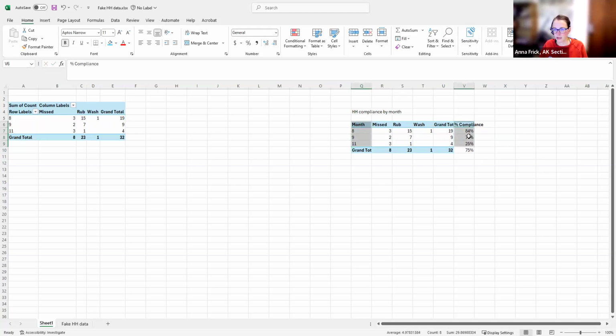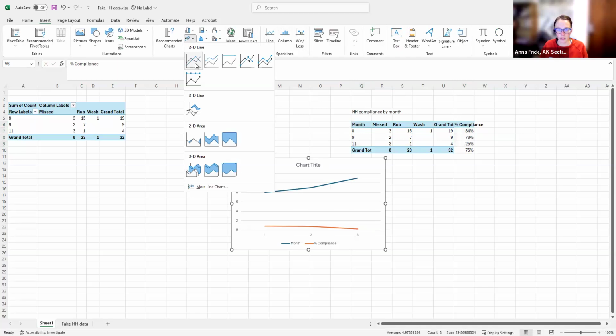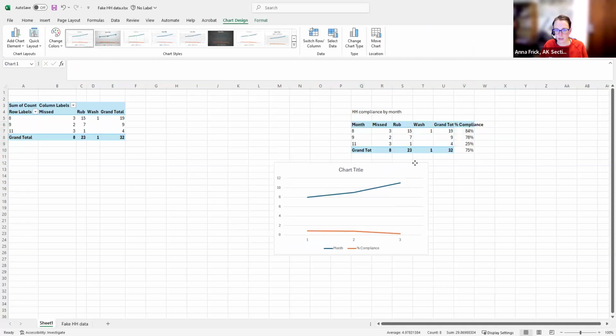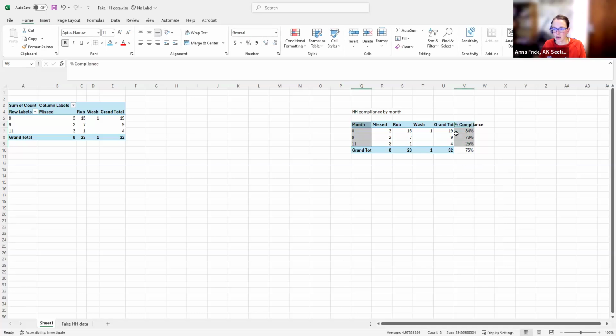I've highlighted the data that I want to include and now I am going to insert a time series. Excel is mad at me for 2 reasons. One is that it sometimes gets mad when you have data that isn't touching each other that you try to get it to include in something. The other reason is that I've left October off entirely. So this graph didn't turn out the way I wanted to. I might just make a new one over here.